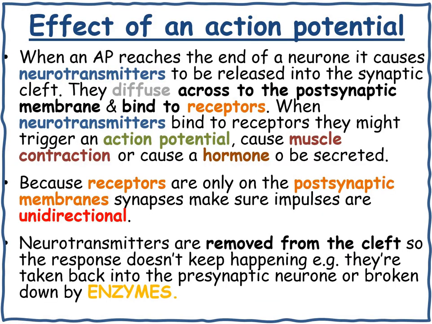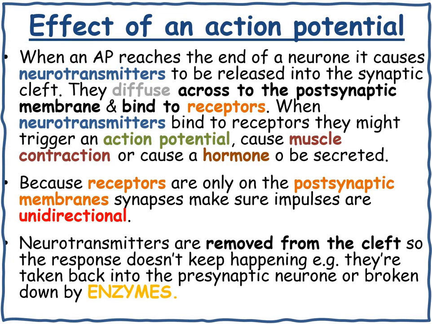So the effect of an action potential. When an action potential reaches the end of a neuron, it causes neurotransmitters to be released into the synaptic cleft. They diffuse across the postsynaptic membrane and bind to receptors. When the neurotransmitters bind to receptors, they might trigger an action potential, cause muscle contraction, or cause a hormone to